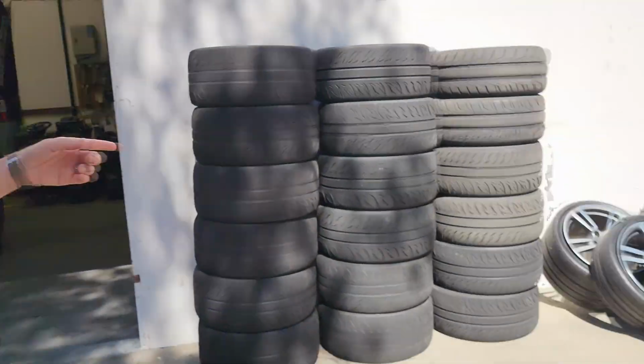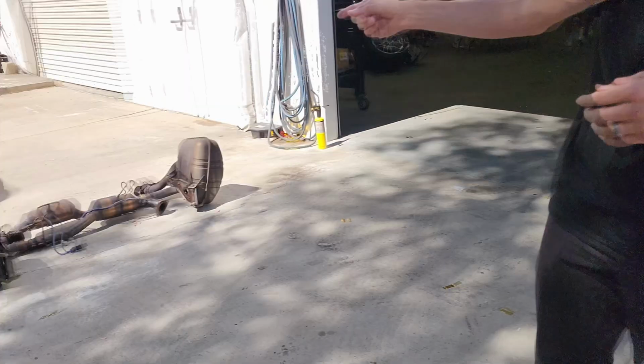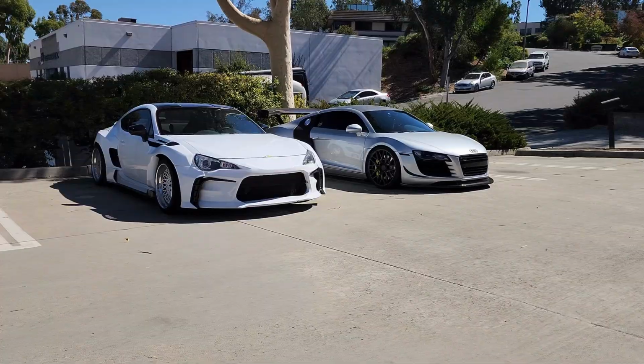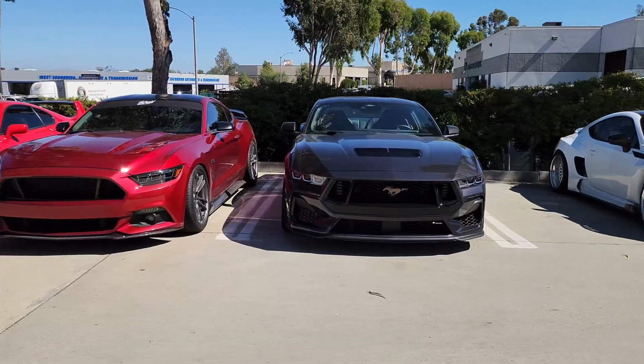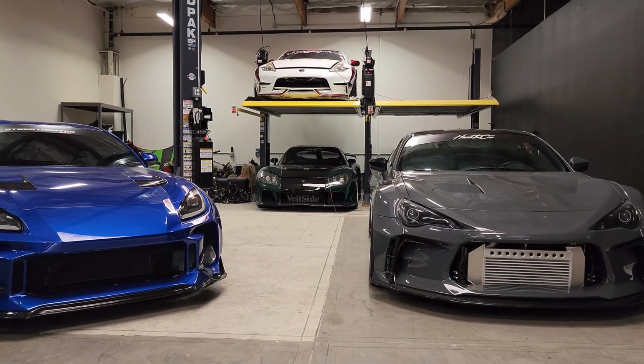So we're at TJ Hunt's facility down here in San Diego. I've got some stock 997 C2S wheels and tires to my left. I've got a stock 997 muffler to my right, and one look out in the front parking lot, and you can tell that this is kind of like an automotive enthusiast heaven. They've got all sorts of cars here, insane projects, but the one that we're here to talk about today is